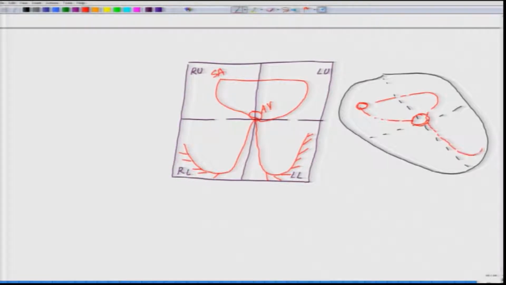In real life, this is how the system really looks. Now, here is your AV and here is your SA. Fair enough? Now, what is important is, once again,